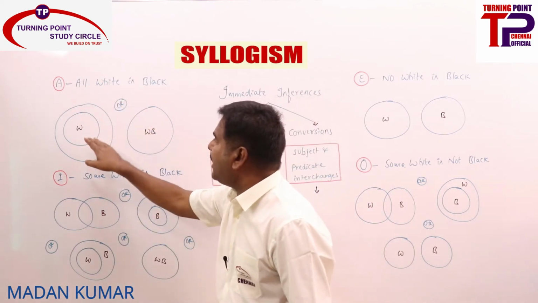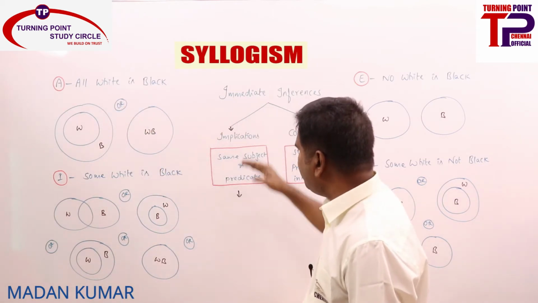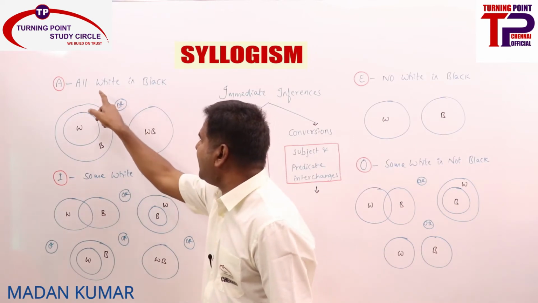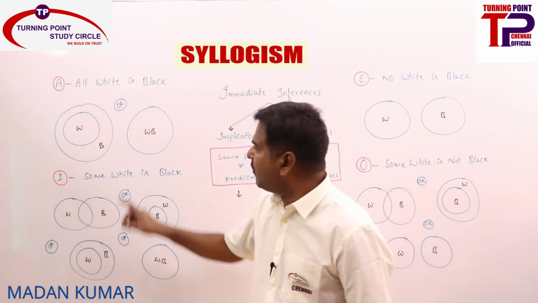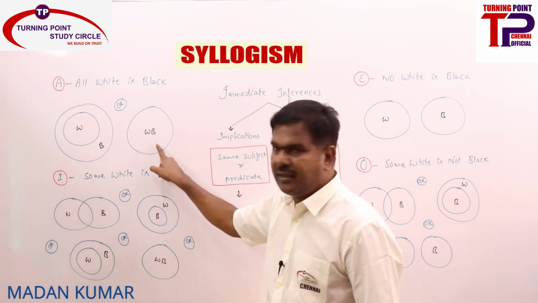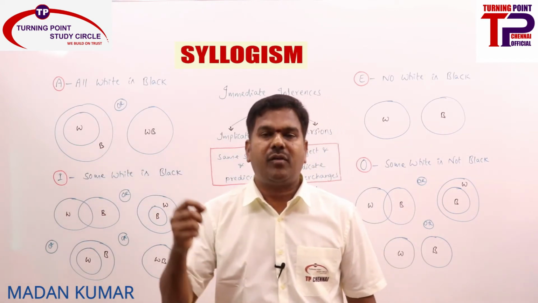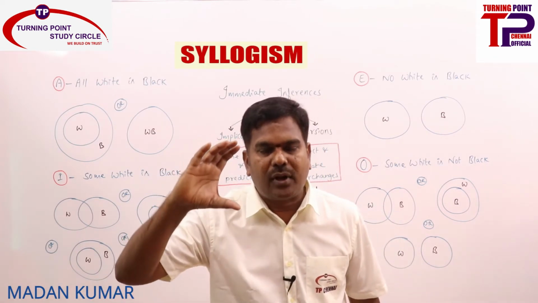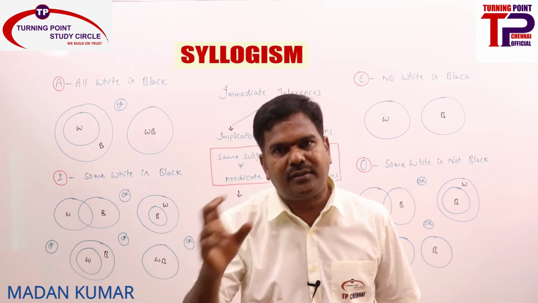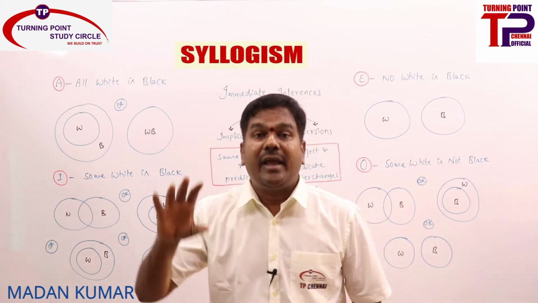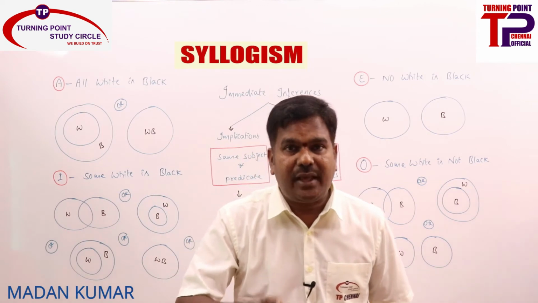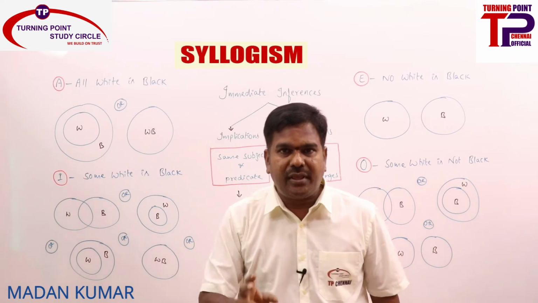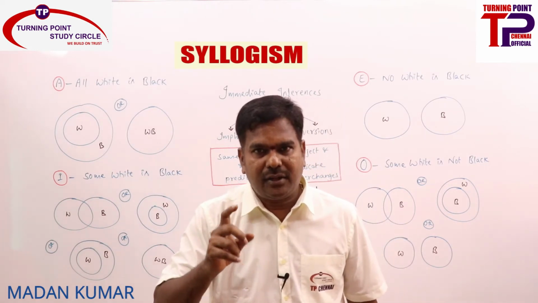Now see that one. Can A be implied by I statement? What is implied by? It means the same subject and predicate. Whenever all white is black is there, can I tell some white is black? Is it right? Again the same doubt: sir, whenever we are saying all white, how can you say some white? That is the reason I have given the example. Glass is full of water. Can I tell that some water is there in the glass? So whenever everything is there, something is there is always true. Always remember, whenever everything is there, something is there is always true. Am I right? It is right only.